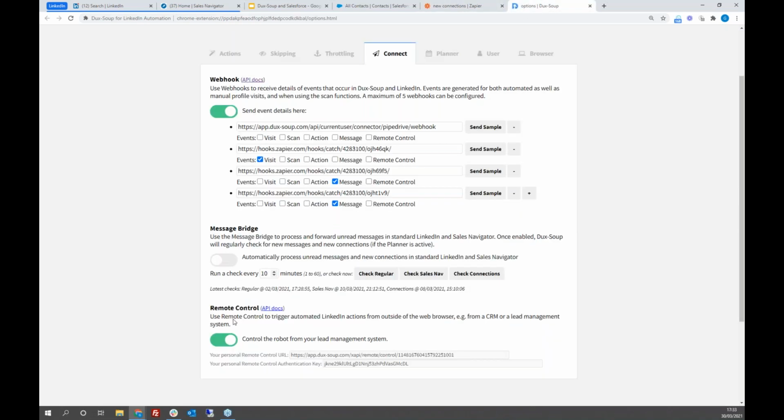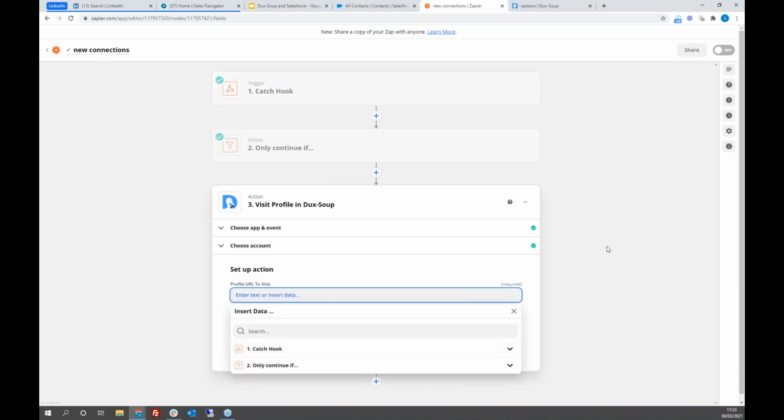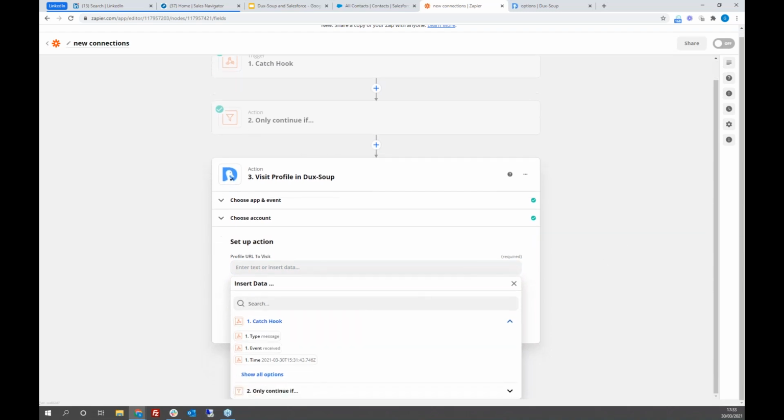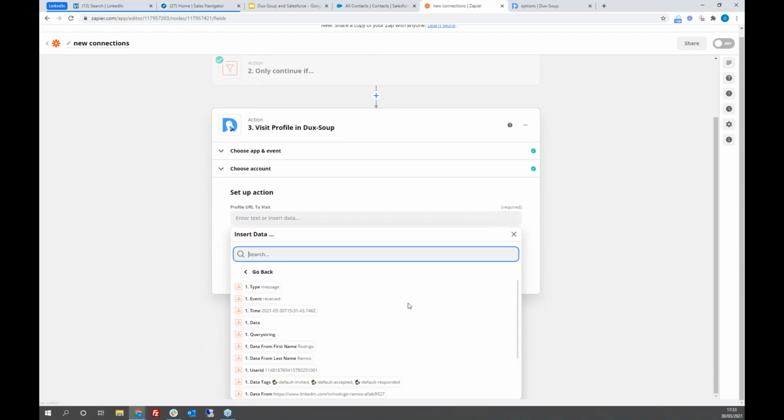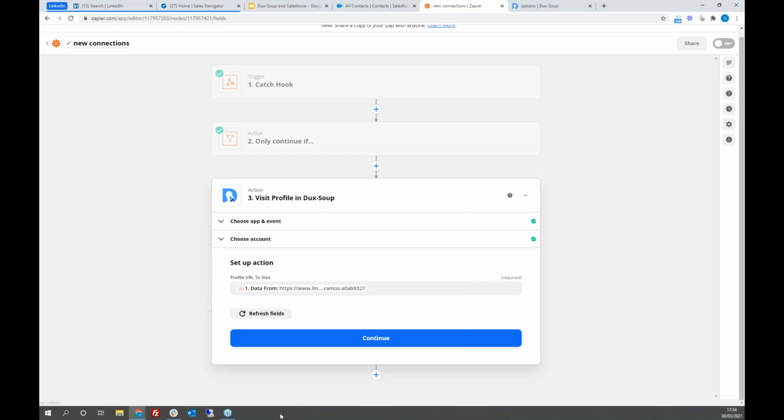As you saw just now, I've turned on my remote control activity here. So now I need to tell Zapier, or tell the remote control, what URL I want to visit. So this person, I've had a notification that I've got a new first degree connection. I can now say, right, from that catch hook data, if I show all the options here, I can see that that information has come from this URL here. So that's the URL that I want to carry out my auto visit to. If I now press continue,